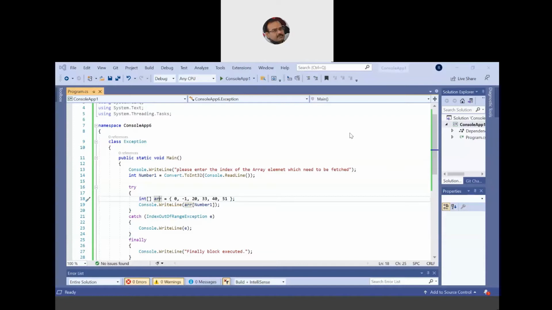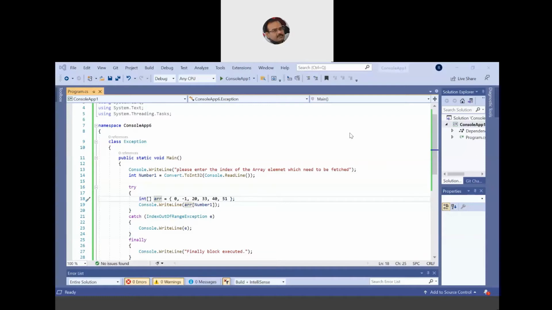But then we have a limitation in the size of the arrays. We can't define arrays which are infinite in size as such. For that, we have dynamic arrays, which expand in size as you keep on adding elements to them. Just like in Java, we have vectors. Vectors are dynamic arrays which keep on expanding their size as you keep on inserting elements into the array.